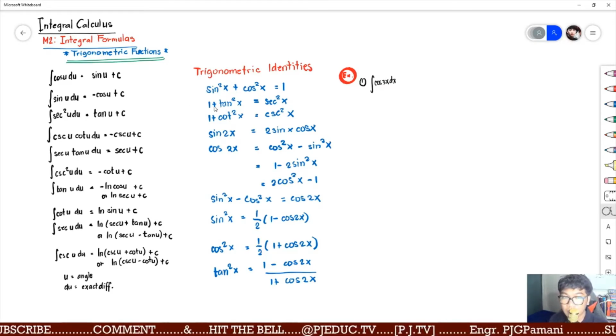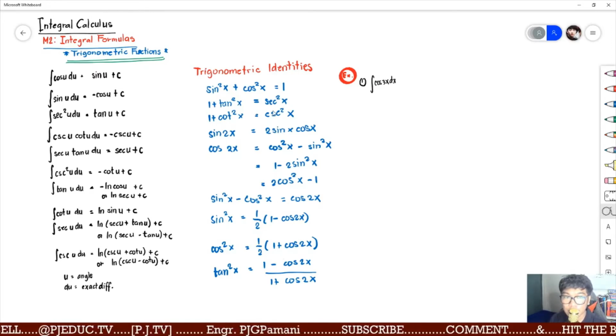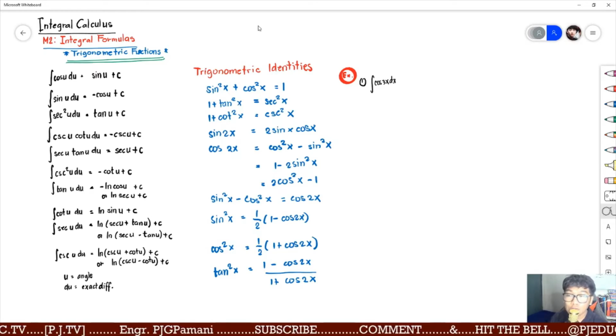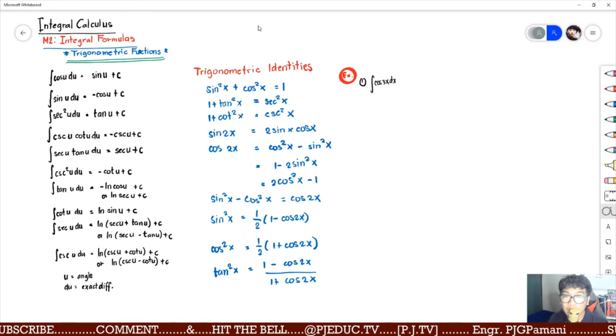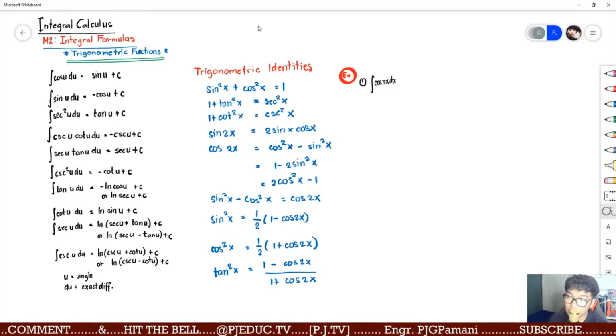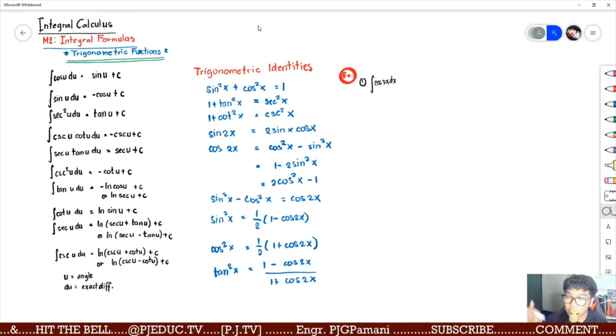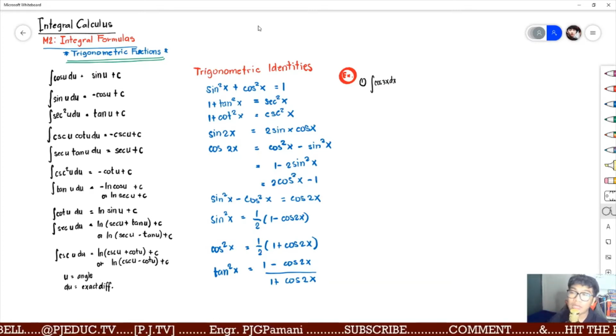And 1 plus tangent squared x is simply equal to secant squared x, and so forth and so long. Then some of the identities here are also used with our solution later on under transformation of trigonometric function type 1, 2, 3, and 4, and so forth and so long, up to the last formula involving